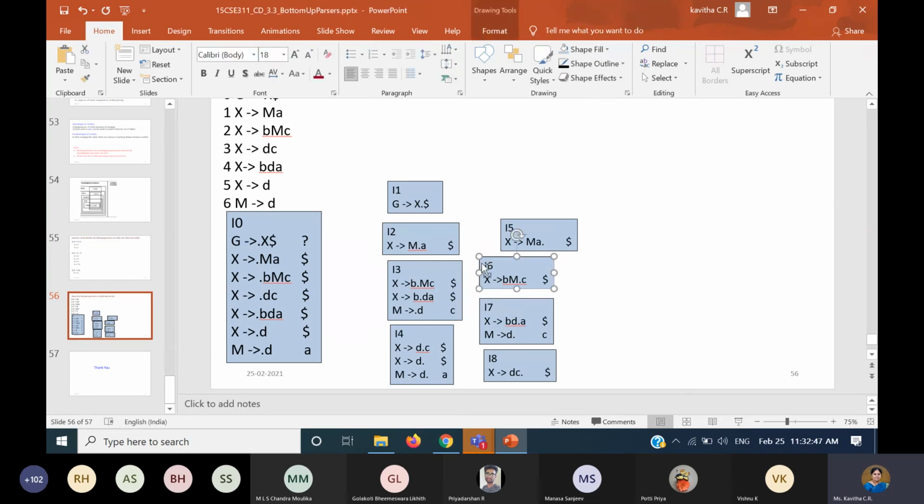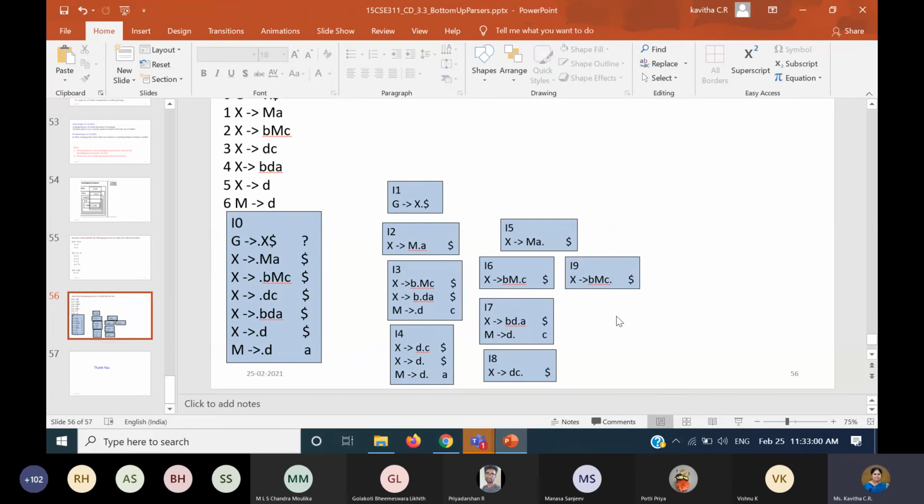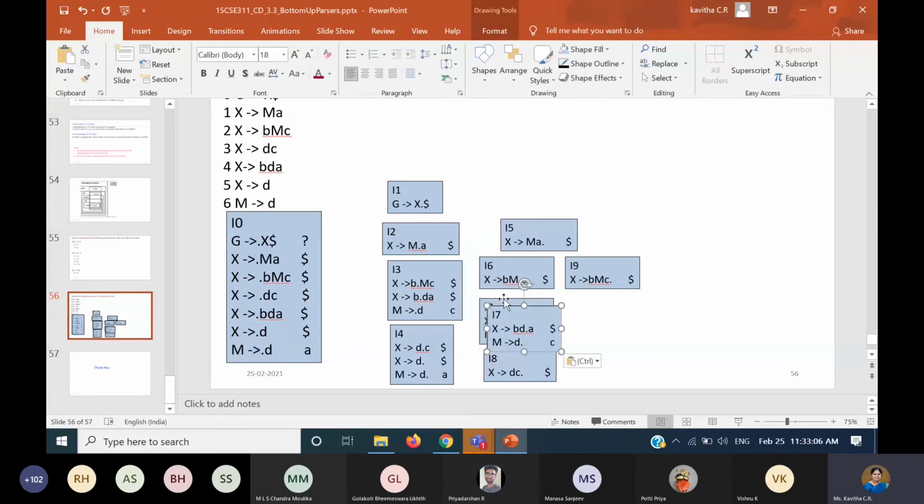One more step. So this will be I9. So you are going to read C. I'm just writing without the arrow mark because it takes more time. So after reading C, this will be the thing. And similarly, when you read A in I7, you'll get a new state, say I10, and this dot will move.